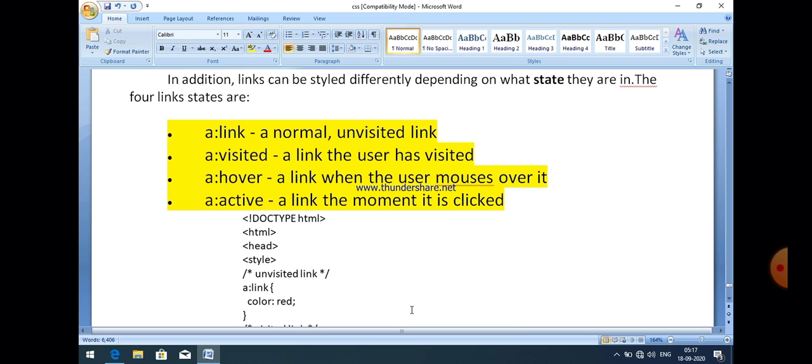A program always starts with HTML, and before this you can see that the document type HTML is declared, which means the type of the document is HTML. And then within the style element, you can see the CSS code. It means it is an example of internal CSS. So a:link, first of all, means we apply a property for an unvisited link, and the color is set to red here. You can easily see that. So the color is declared as red here.